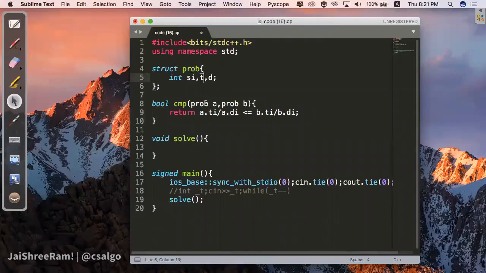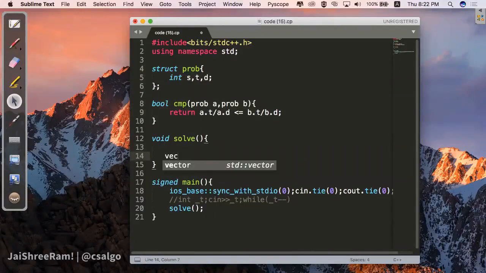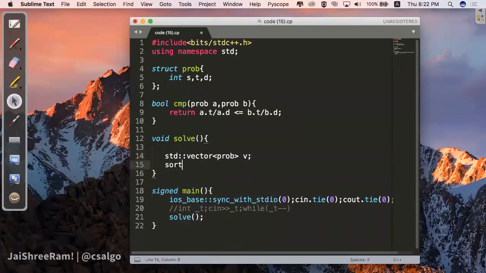So I think we don't need this I. Okay. Yeah. So we're going to come to this soon. No worries. So this is the thing that we'll be doing. We would be taking the inputs in this integer value, and after all of these inputs are taken, we take this into a vector of prob, let's say v, that contains all the answer, and we will call sort with v dot begin, v dot end, and with a custom comparator CMP.